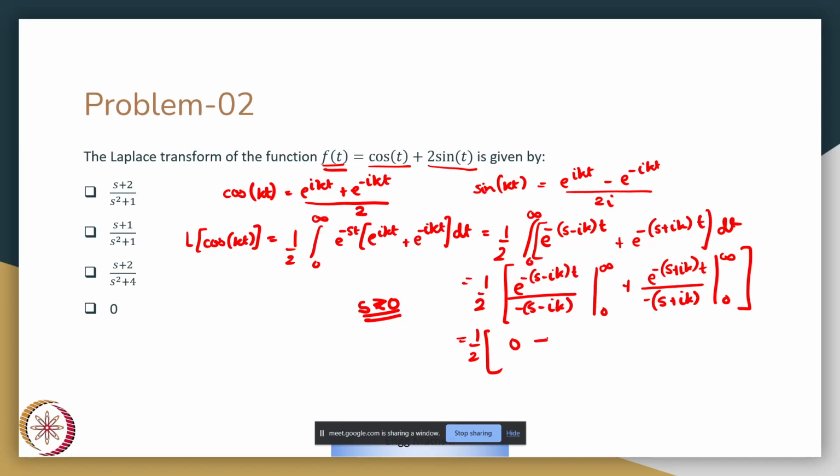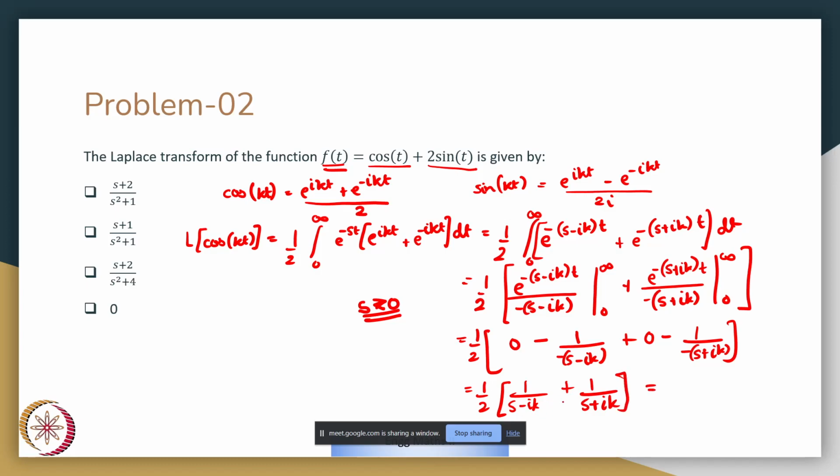So 0 minus, when t is 0, the numerator becomes 1. So 1 upon minus (s minus ik) plus 0 minus, same thing, 1 upon minus (s plus ik). So were I to take these two terms together, they are 1 upon s minus ik plus 1 upon s plus ik,